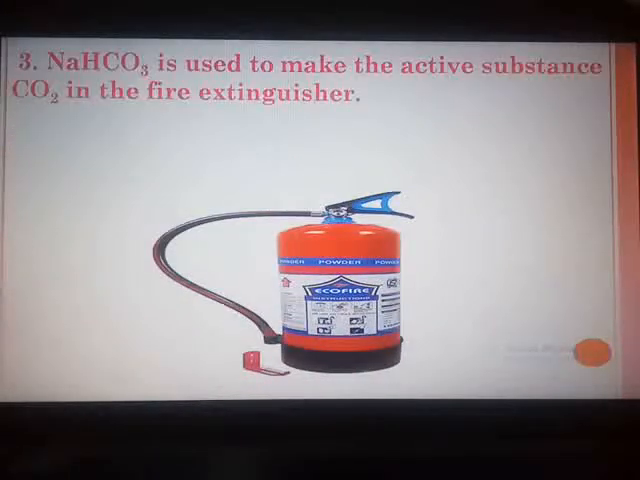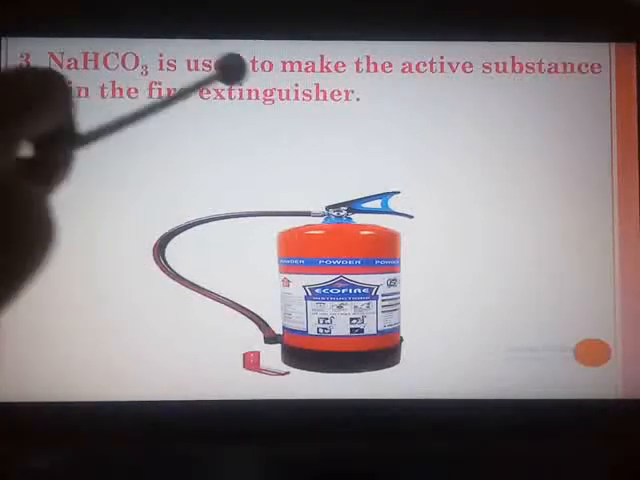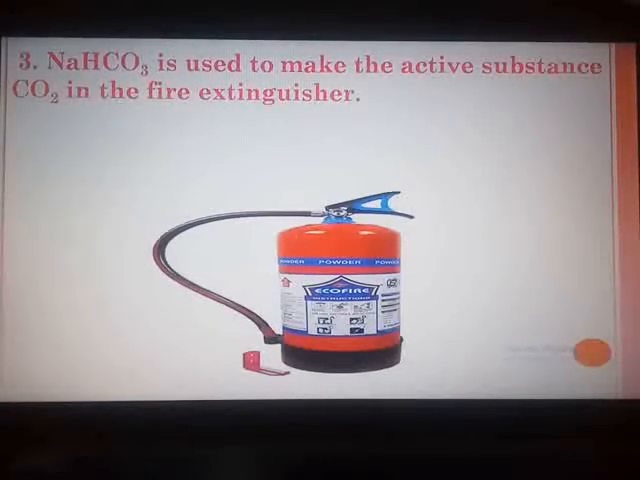The very important use is that it is used to make the active substance carbon dioxide in the fire extinguisher. How carbon dioxide is used in a fire extinguisher, you have studied in chapter number 13. I had explained the entire setup of the carbon dioxide fire extinguisher, where you had seen that the sulfuric acid which is present comes in contact with sodium bicarbonate